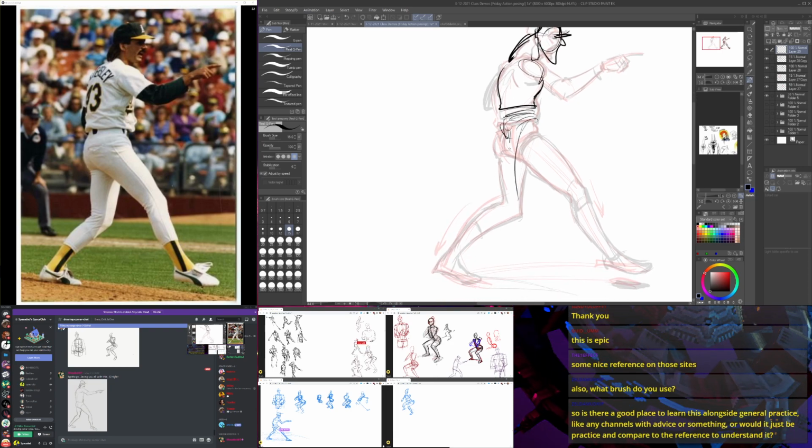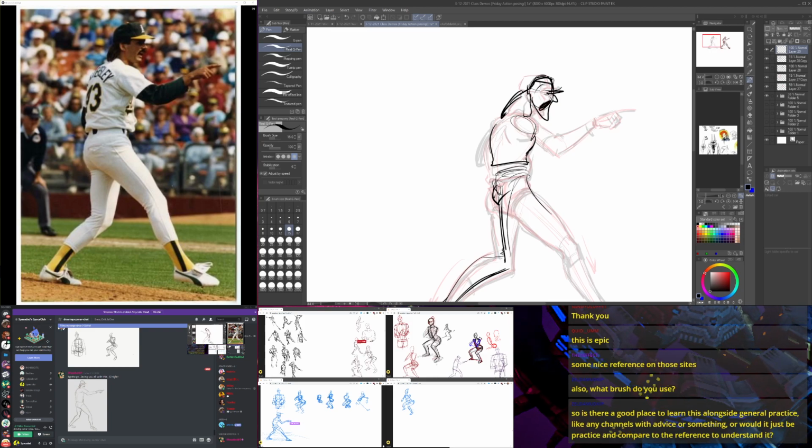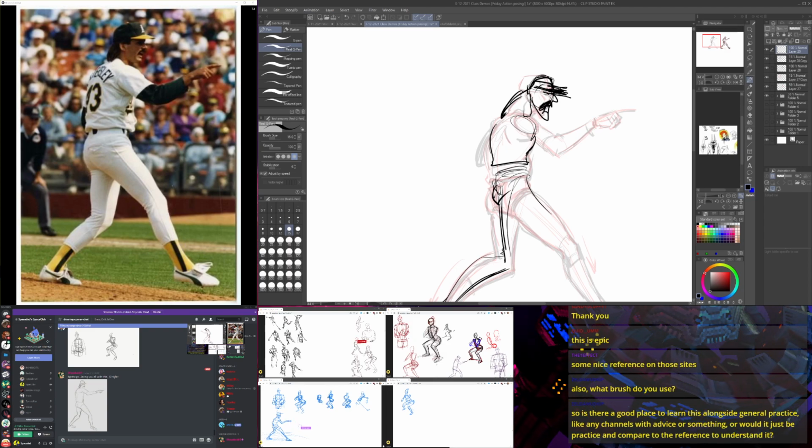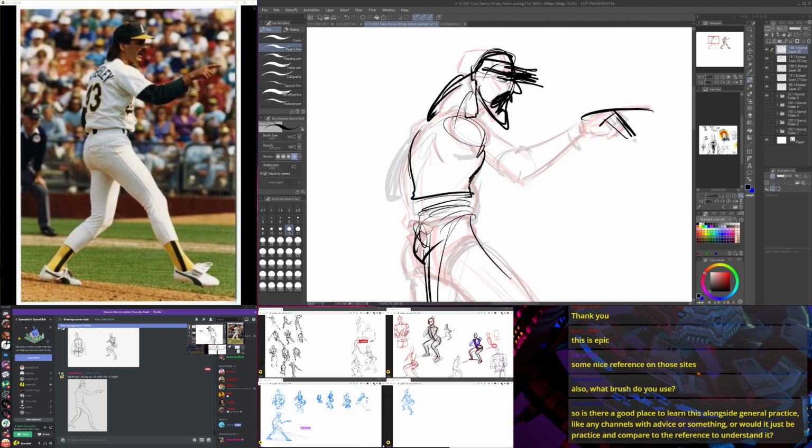Then make his feet really big. Hat covering his eyes. Maybe make his fingers and his knuckles really big.